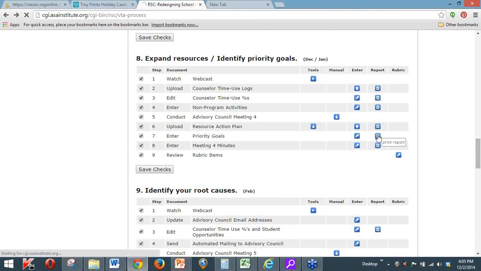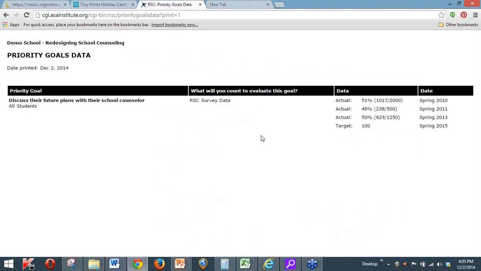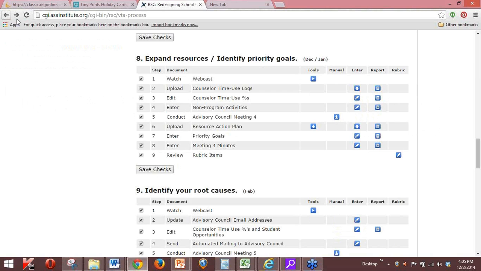And then on the priority goals, notice that when you go in, there will not be this red message here. So when you go in, you'll click on Enter. And we've tried to make this very simple for you. If you want to review your program goals before you start, you can look at that report. But then you're going to select your priority goals. So when you enter,